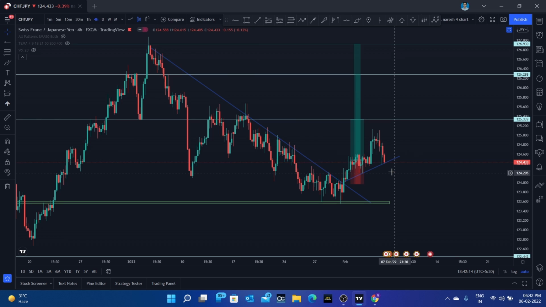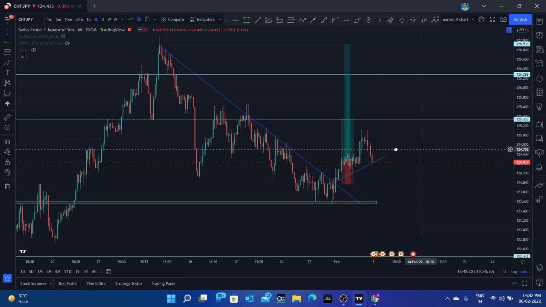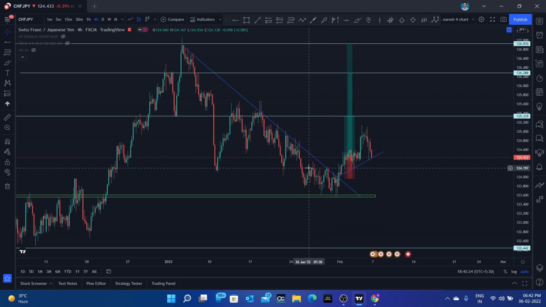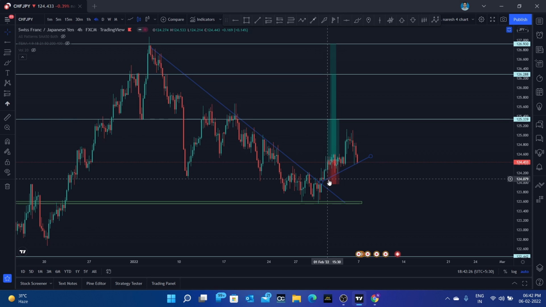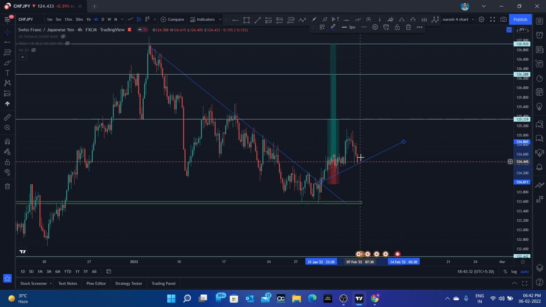I have taken this trade as well, and it is a swing trade. At least it will take 10 to 12 days to complete the targets, guys. So here you can look for long entries as well, guys, because it is forming a higher high formation, and we have also made this trend line. So if it is consolidating again here and breaks again, you can go for long entries in